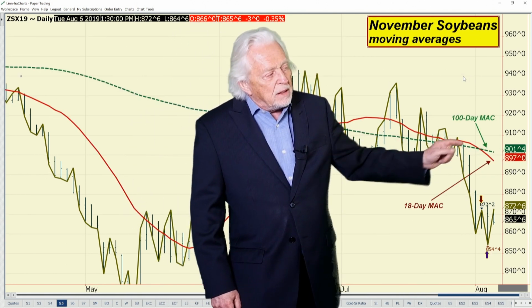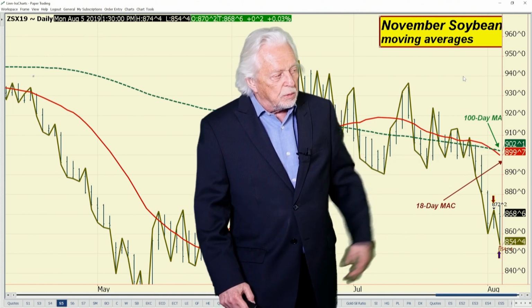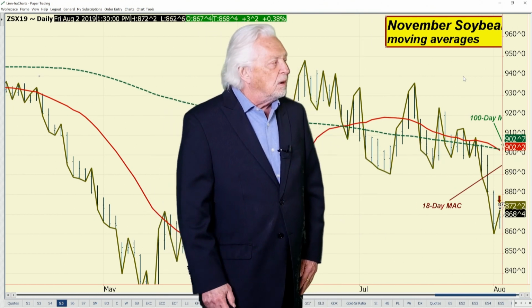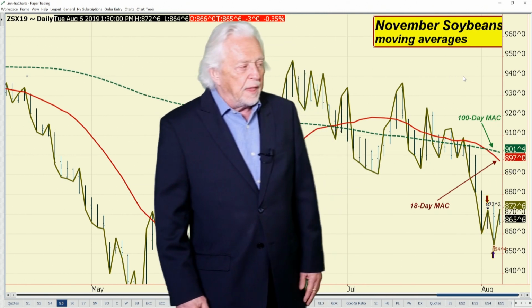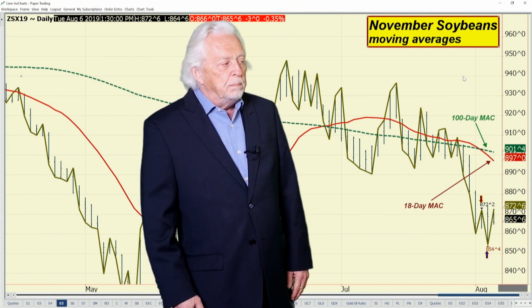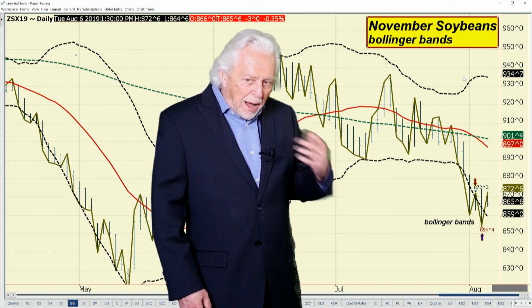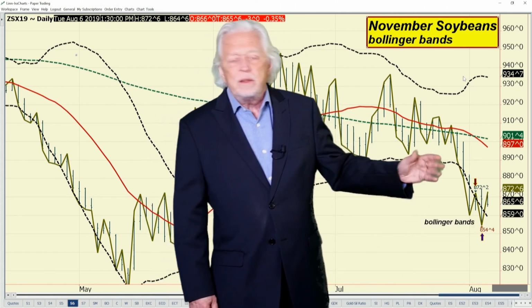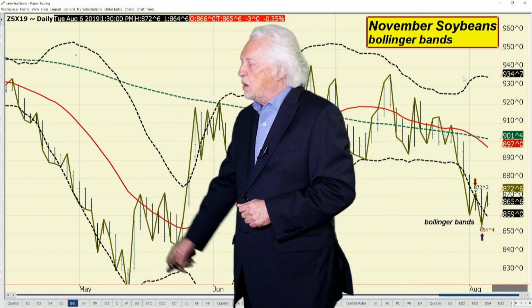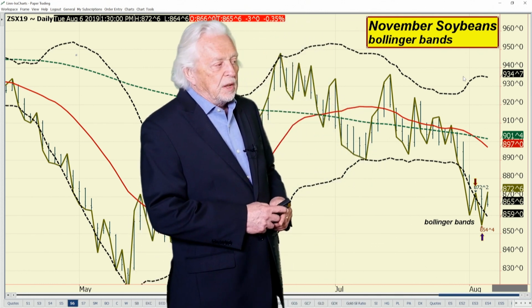In terms of momentum, you can see that the 18-day average of closes did get under the 100-day, and that happened right around here, which was last Friday, and the market has made a new low off that move, and now it's in a bit of a pause. You can see where the Bollinger Band is, so my problem with the market is if you take out this 854.5, I'm not quite certain what the next downside would be other than going back to these old lows, probably in the 820s, 830s. So that could be a zone that you look at.